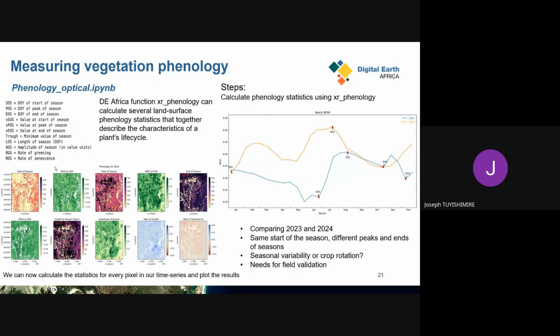And we can also try to understand more statistics: when the NDVI was at the peak, how the NDVI was at the start of the season, how it was at the end of the season, what's the amplitude, the rate of growth, the rate of senescence, and so on, just to understand the trends over time.